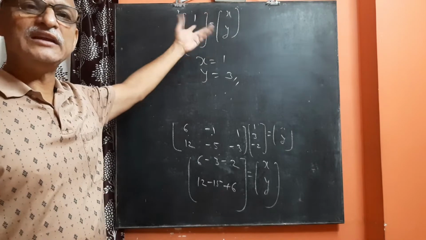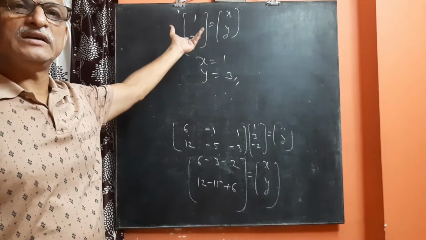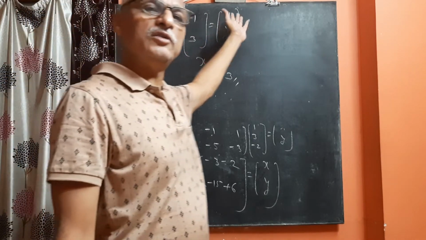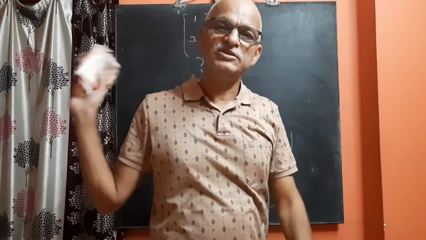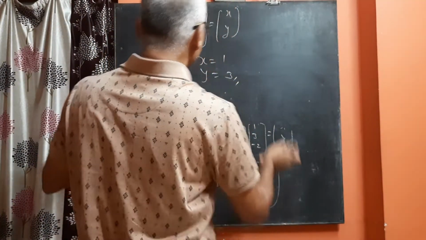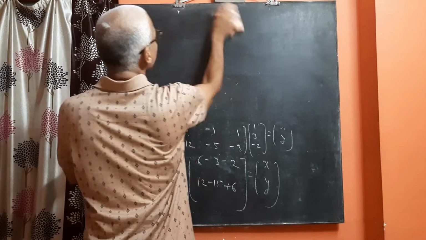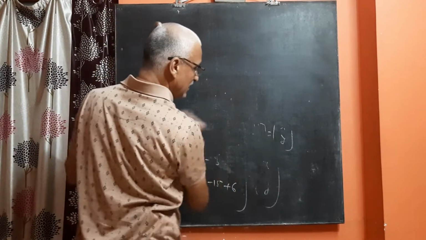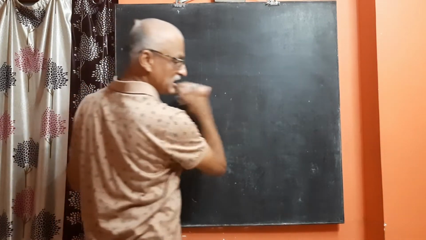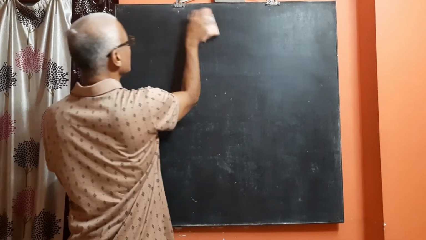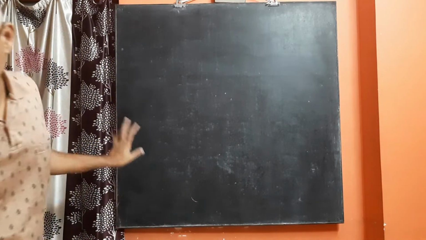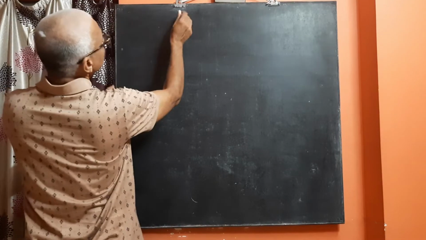The only difference is that the elements in the matrices will be different, and sometimes you have to find out x, y, z, and sometimes you have to find out x and y. Now the next part is a very important part, because 10 marks questions are there. In options you can attempt 10 marks questions on the next part, which is the adjoint of a matrix.